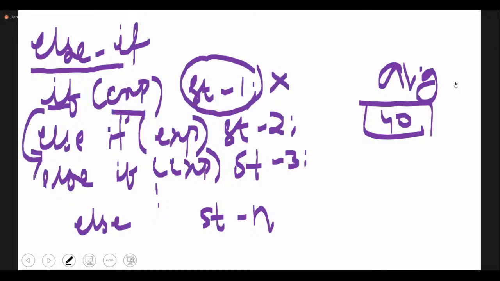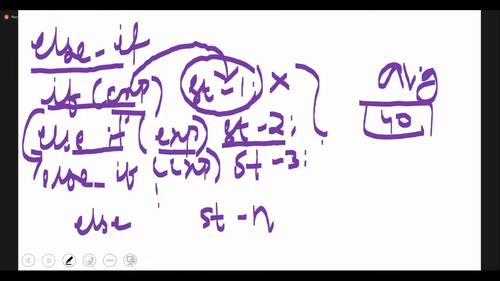The next is multiple. Like for example, when you write your multiple choice, you will have an option A, B, C, D. If not A, you will go for B. If not B, you will go for C. Then you will go for D, right? When you are doing your mathematical calculations, the same thing that happens with your else if ladder. If the first expression is satisfied true, then you will print statement 1. Otherwise, then you will check else if expression 2, then you will print statement. If all of these are not satisfied, then your last else block is your statement N. Else if is very similar to your multi-way selectional statement itself or multi-way statement.